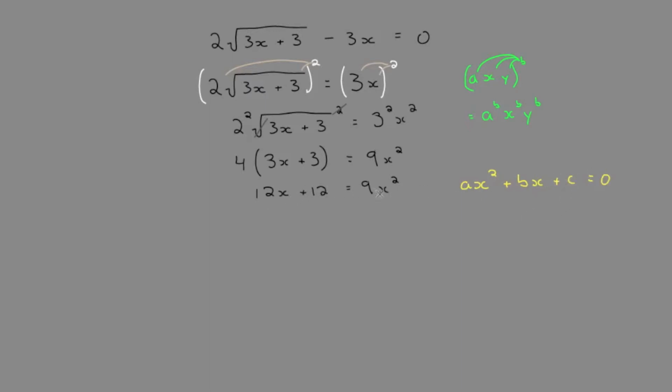So here we can see our x squared, x, and the last term c. Rearranging this into standard form, we'll have 0 equals 9x squared